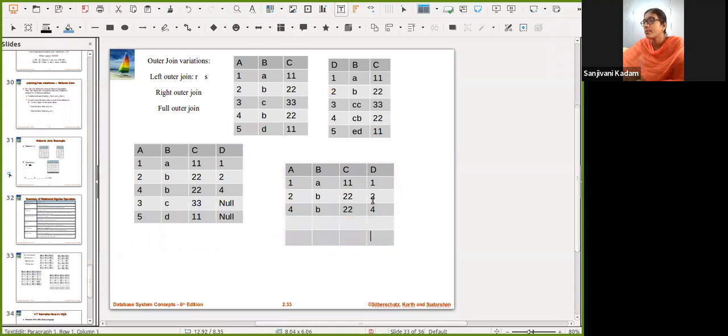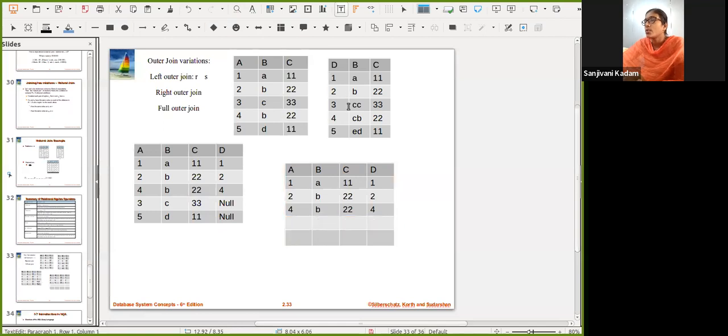So this will be my output wherever matching will be there. And then it will add the remaining tuples from the right relation.